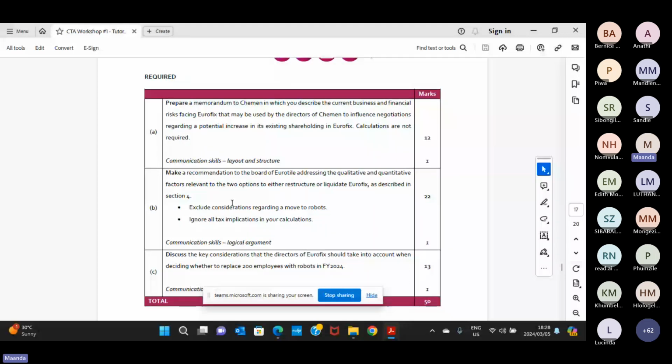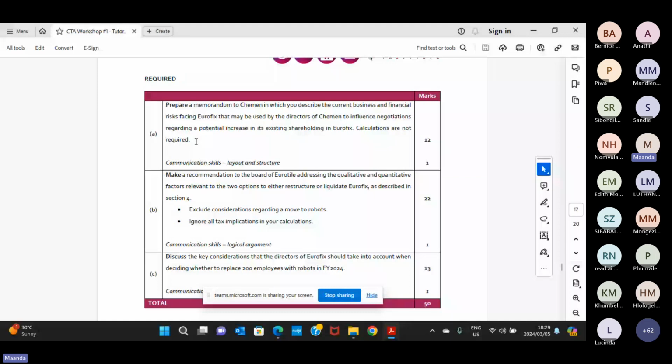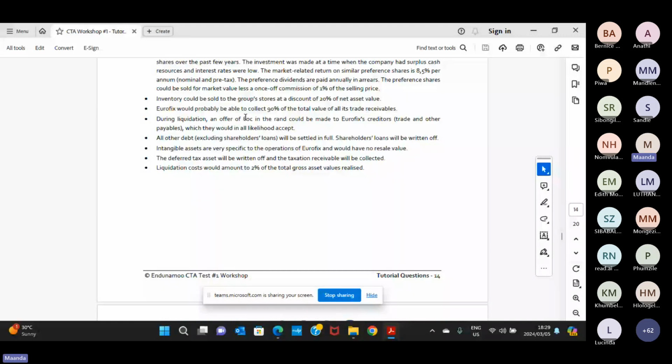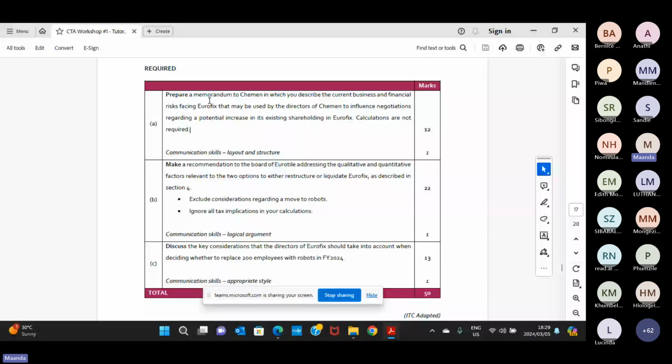I'm going to start with my required, right? So you're going to read, reading time, read, and then you come to the required. I want to spend a bit of time here, because one thing that I've seen is that people don't spend time on the required, and then they don't have a plan, and they don't understand the required. Then when they go back to the information, they're all over the place, because they don't have a plan in terms of how to tackle the required. So I want to spend time on the required and show you how you can break it down and plan before you even go to answer